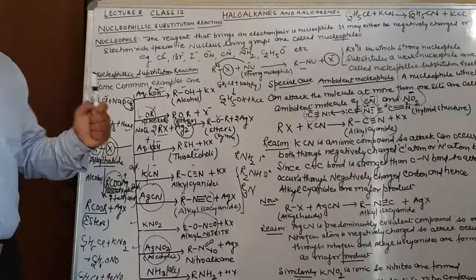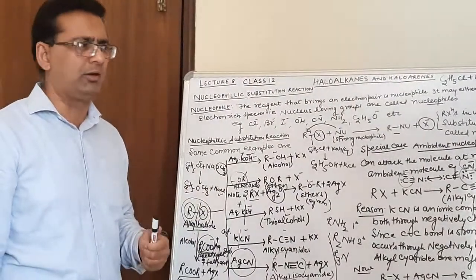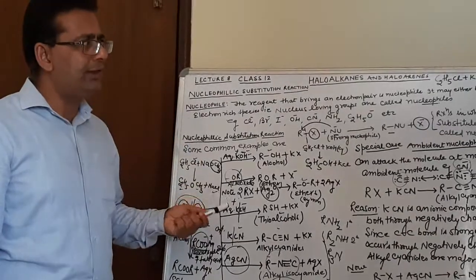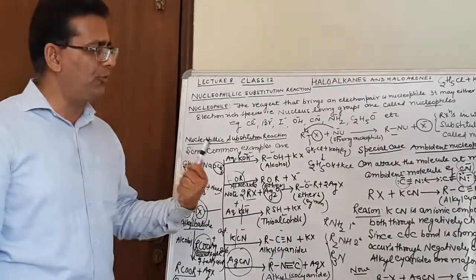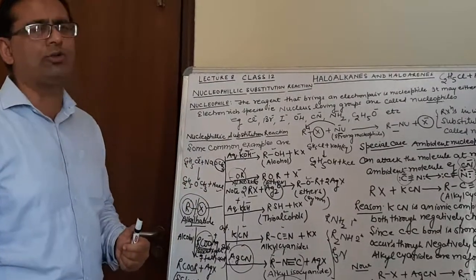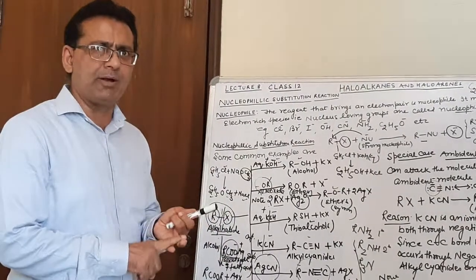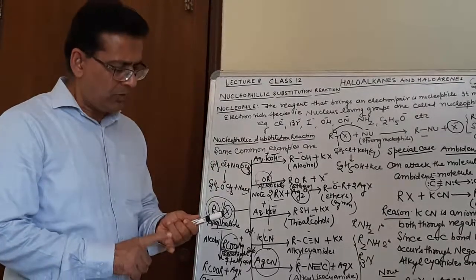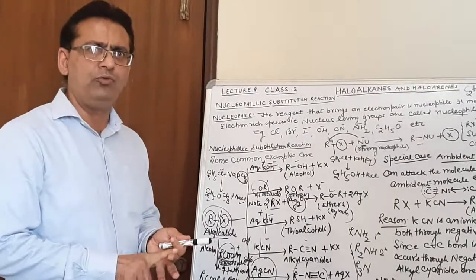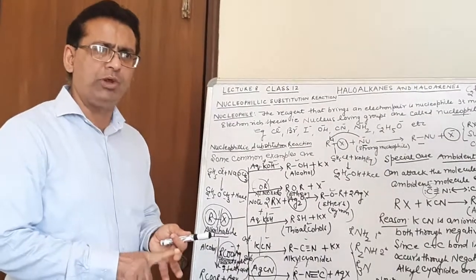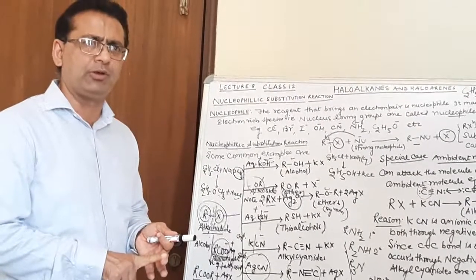To understand it very, very thoroughly, we need to enhance the conceptual level of this topic, which will be discussed with you in the further discussion of the chapter. In our future lectures, we'll definitely be coming to the conceptual part, what type of product will be obtained. As of now, you remember in this lecture that in a nucleophilic substitution reaction, a strong nucleophile substitutes the weaker nucleophile. What will be the reaction intermediate in the nucleophilic substitution reaction? That will be discussed in the future part of this chapter.